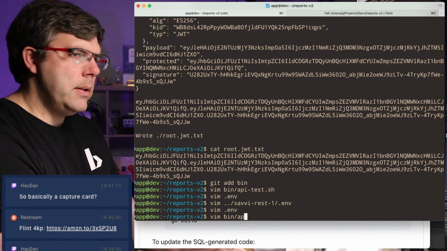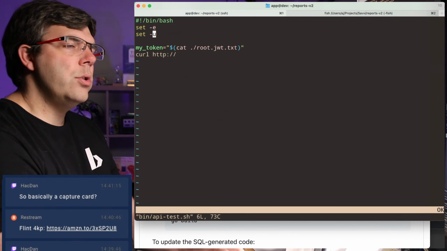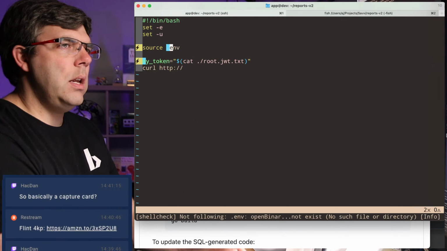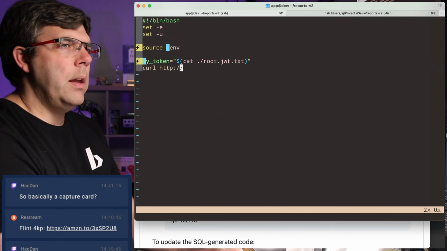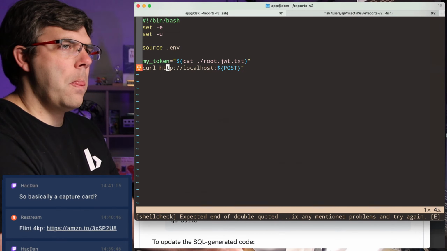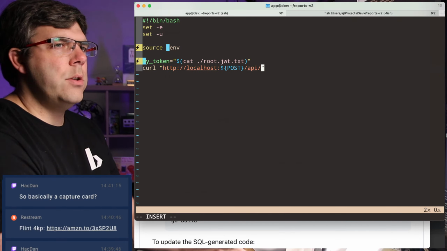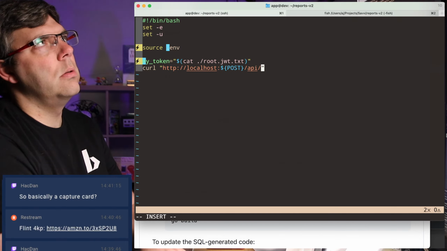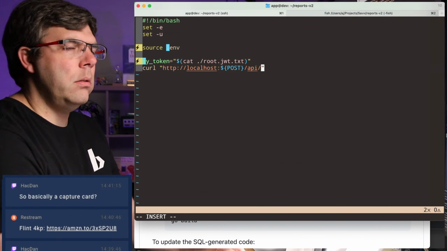So if I'm going to do the API test, I should be able to source .env, and then I should be able to go localhost port slash API slash, maybe hello would be a good one.